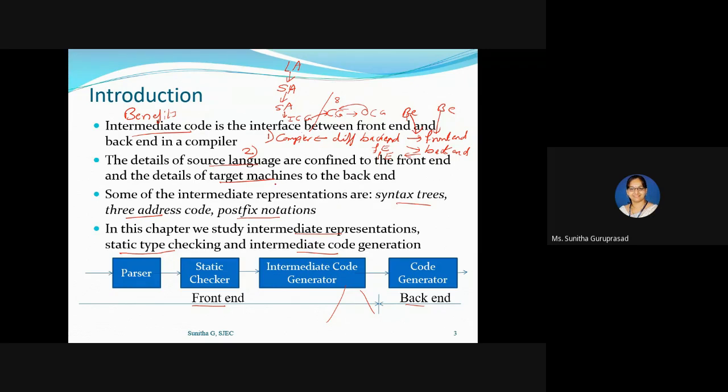The third benefit is that a machine independent code optimizer can be applied to the intermediate code in order to optimize the code generation.